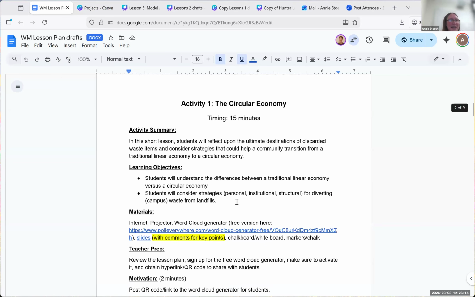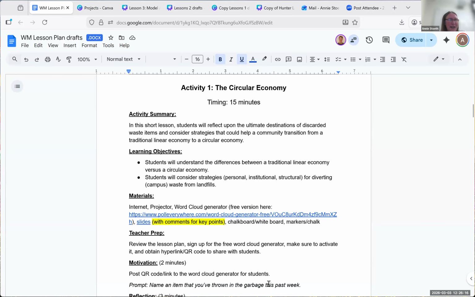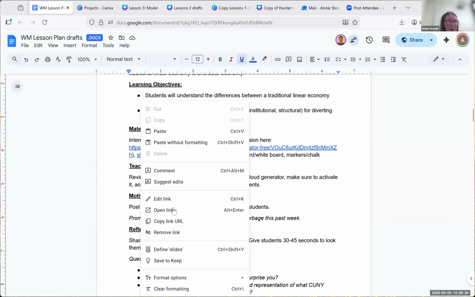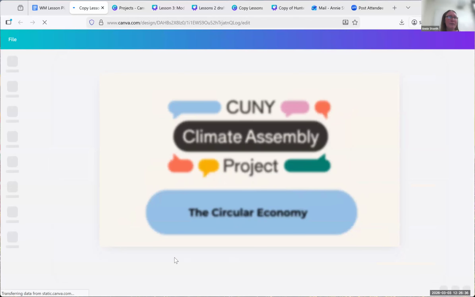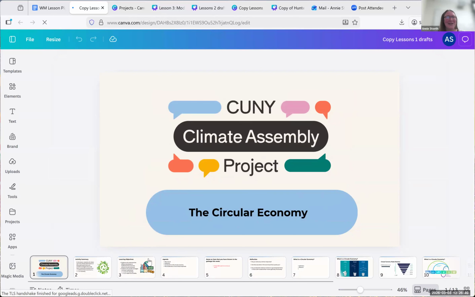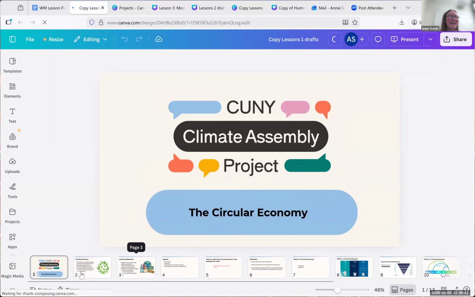And then once you get there, you'll have the write-up for each of these 3 lesson plans, including an activity summary for each one, learning objectives, materials, any prep that the teacher would have to do beforehand so that nothing comes up and surprises you. And then links, which I'll open here, links to slide decks, which are meant to accompany these lessons and walk you through some of the important pieces of each of these topic areas. So I'm not sure why this is not loading. I think it's probably Queens College Wi-Fi again, striking back.